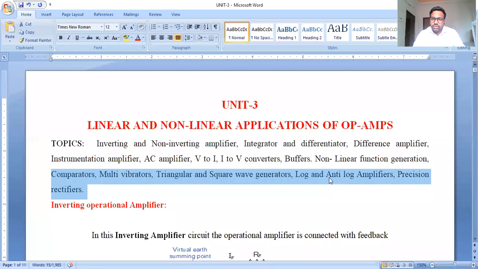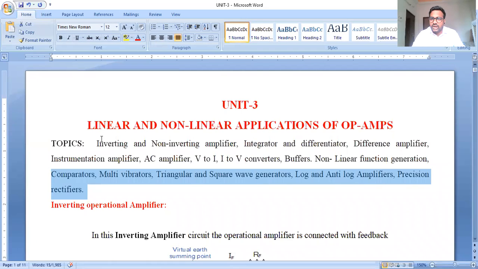If we go into the brief segment on linear and non-linear, we know why the op amp is called an operational amplifier: it will do mathematical operations. We said it will do addition, subtraction, division, multiplication. That amplifier which performs mathematical operations is why it is an operational amplifier.